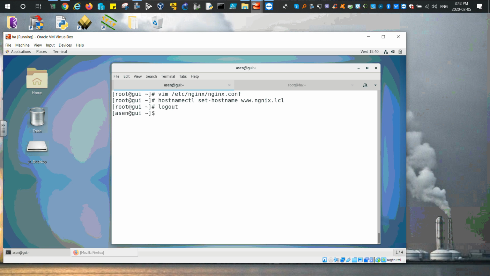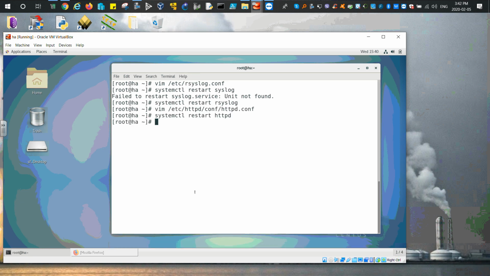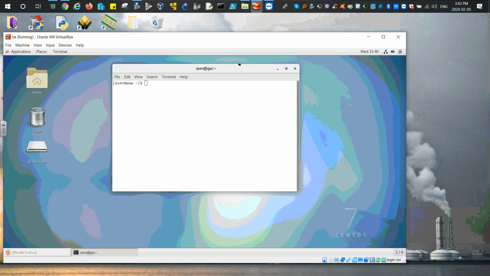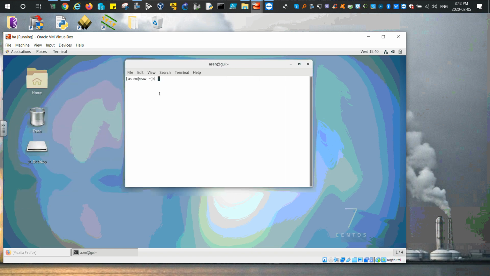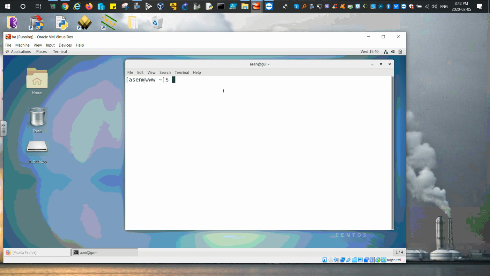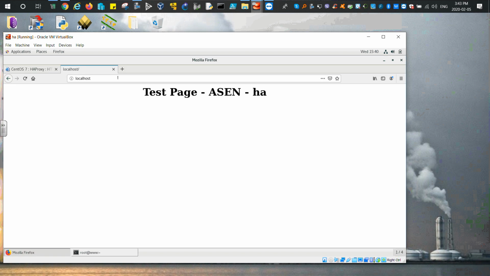If I do Control D, and if I log in back, Control D again, and if I log in back, open the browser again, I see the new name, which is www. Like this. And I'll go just in case to be super user. What else I need to do? Well, the firewall is already stopped. I don't need to do anything. So basically, if I open my Fedora and if I do localhost here now,